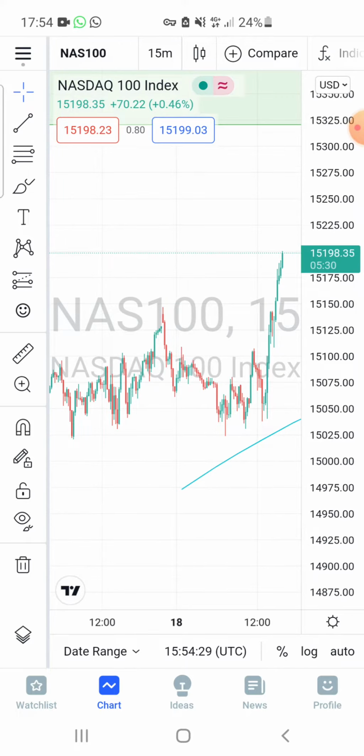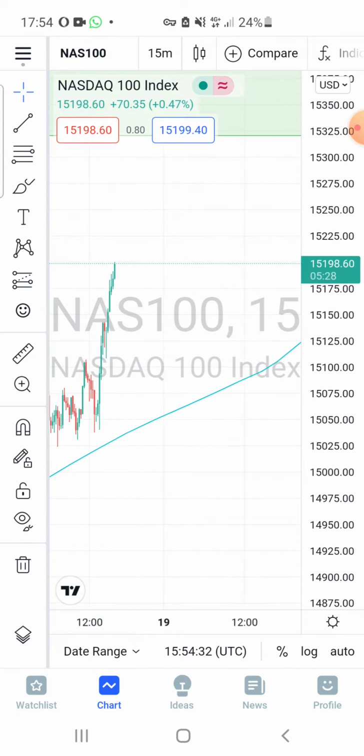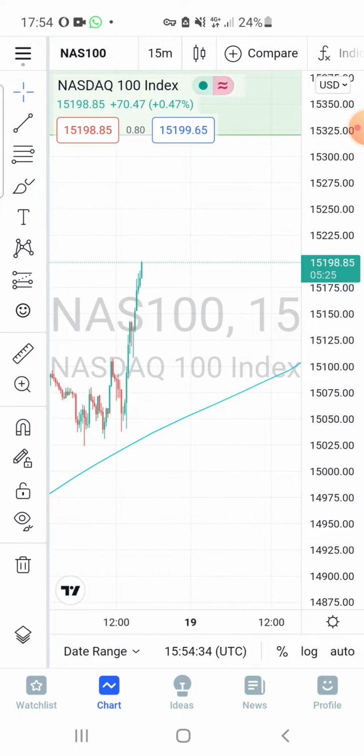So Nasdaq is shooting up. I entered this trade exactly at 3:30. I'm expecting it to hit that green zone. Let me just go to